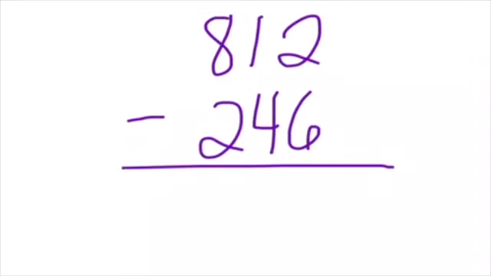Okay, so I hope you tried this on your own. Remember, I'm just going to put a star on top of that ones place. You do not have to, but that's like a little note to let me know that I need to figure out my ones first. And I'm going to ask myself that famous question, is there more on top or more on the floor? Well, there's more on the floor because 2 is less than 6. So there's more on the floor, so I have to go next door and get some more. And I cross out my 1 in my tens place, and I give 1 to my 2 to